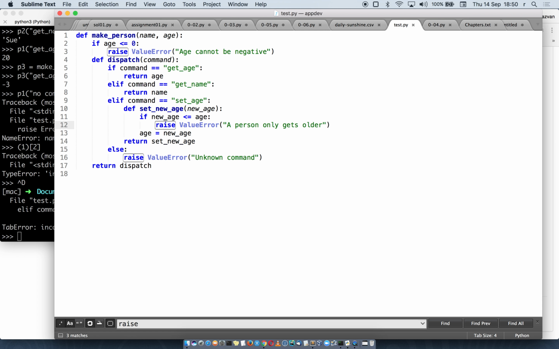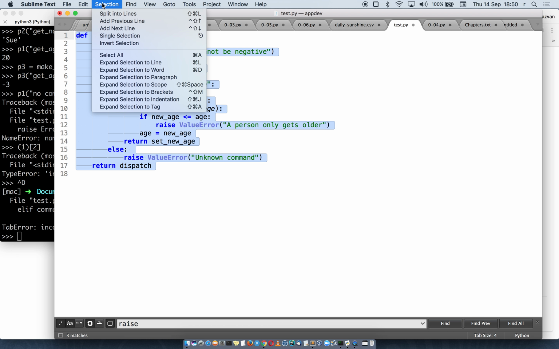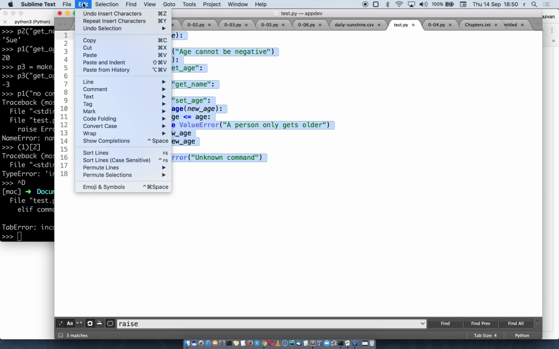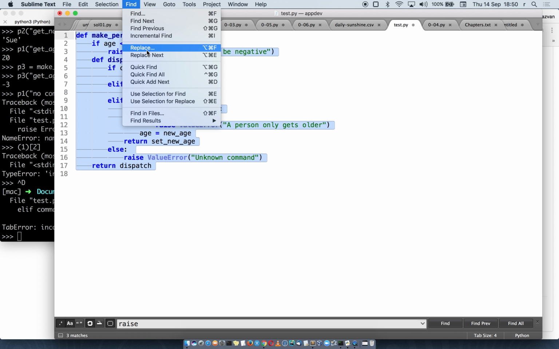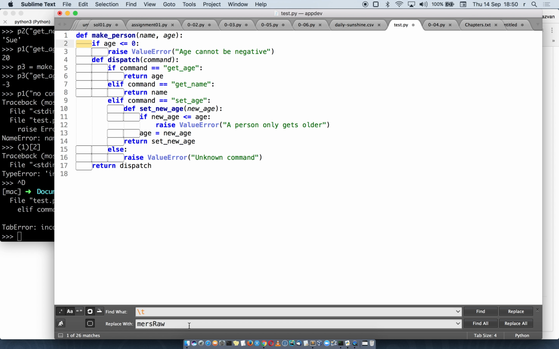This is very annoying. All right, so somewhere here, I should be able to replace backslash t with